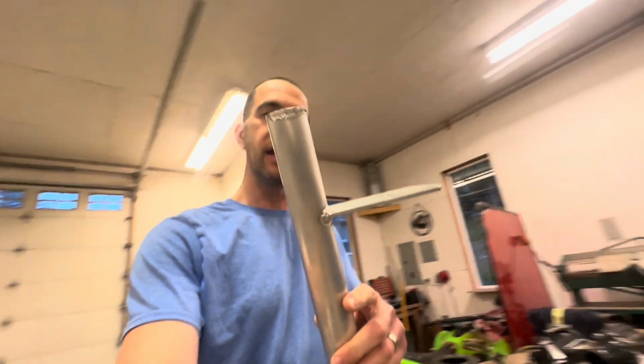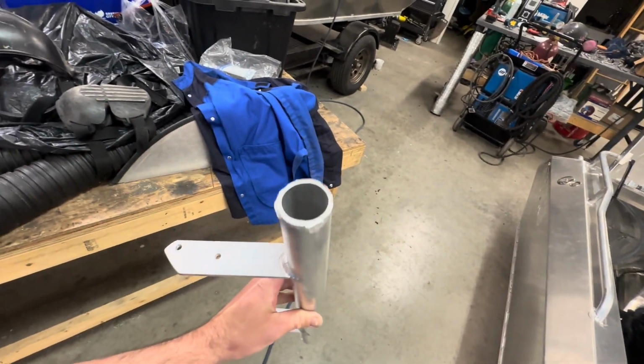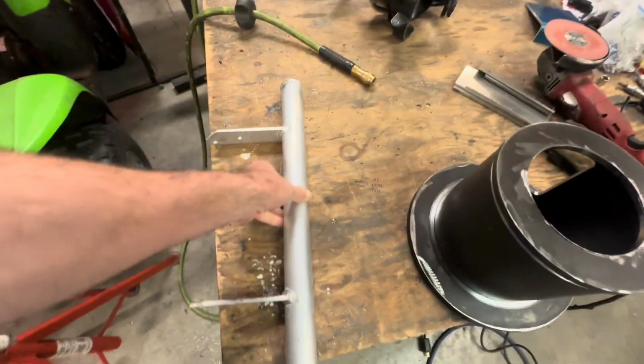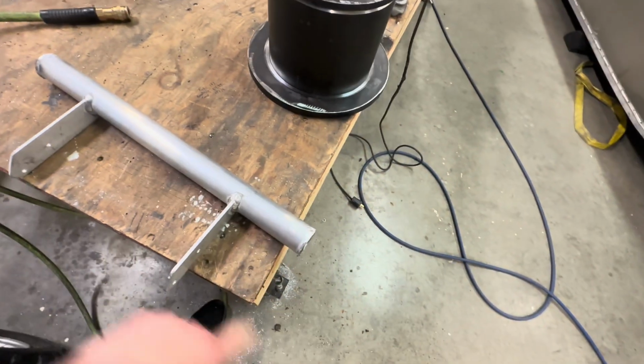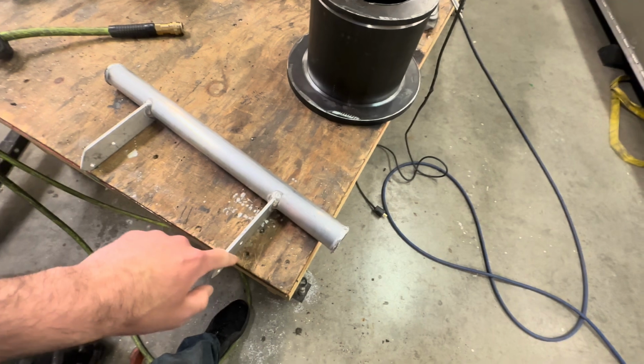Okay, so brilliant idea. Yank this out of the scrap bin, and I'm going to slice it. Slice the whole top off. It's already got some feet for me. I can build off of those. Actually, I might just